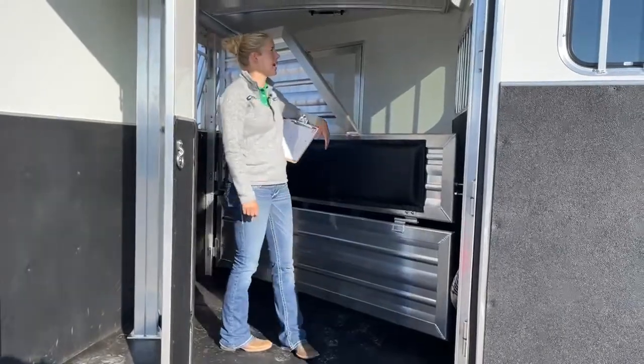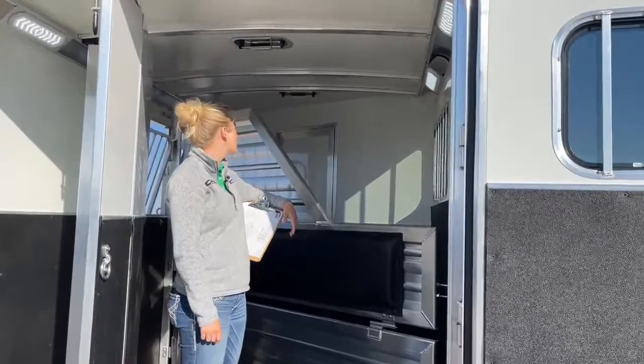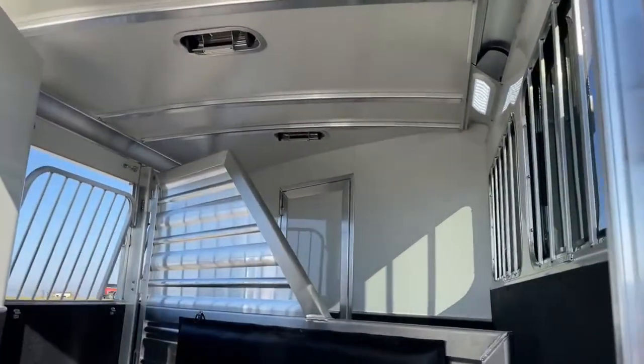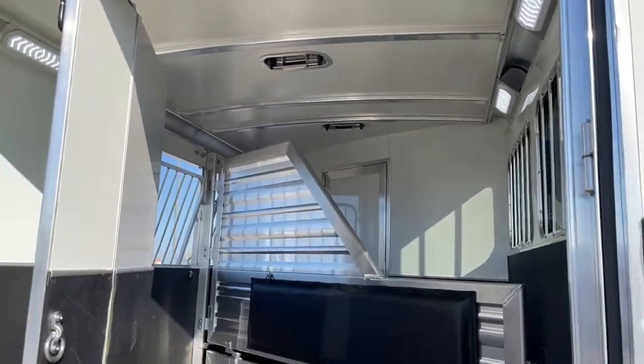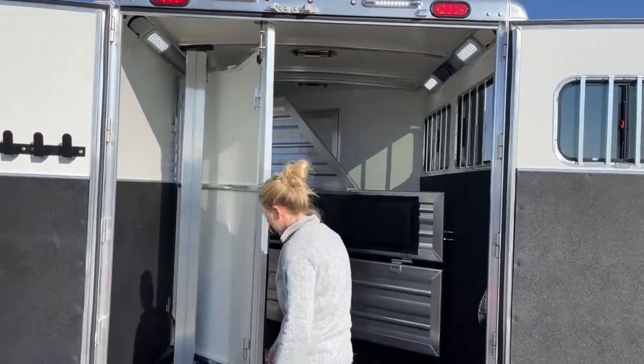Drop downs on the head side. You can see the pass-through door that we talked about earlier up front. You've got roof vents over each stall. These rear